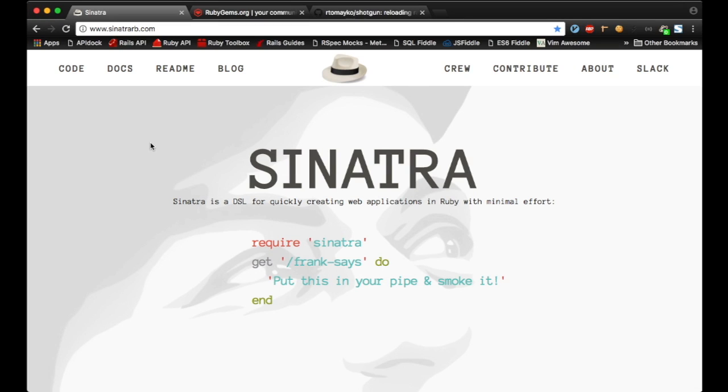This will be officially part two. This is Sinatra, and Sinatra is a Ruby web application framework. It is very similar to Rails